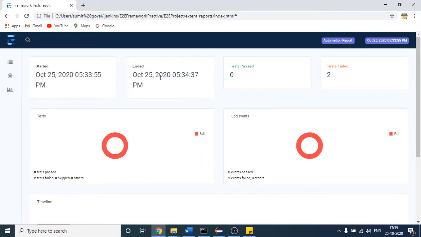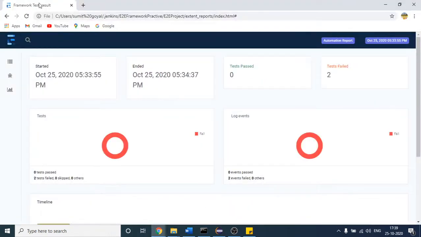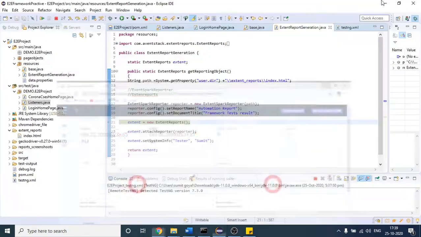Okay, but as you assume, as of now your file is empty because we are not providing any test case here as of now, and it will set the title as well. By executing this, it will set the title. So what is the title? Again, I am saying this is the title it will set at the runtime.